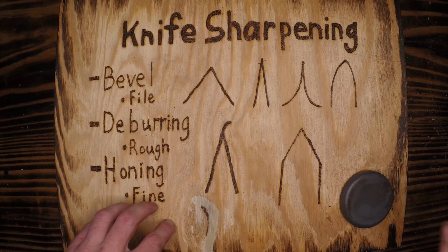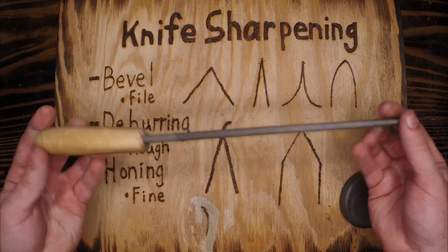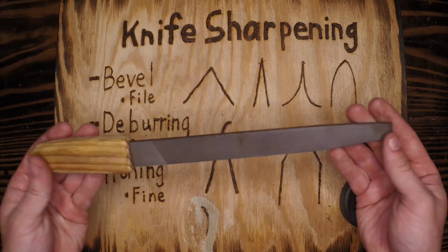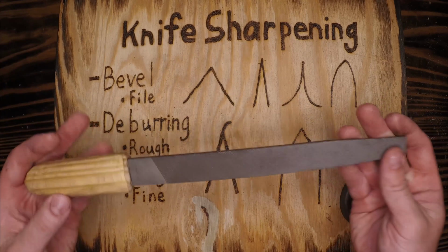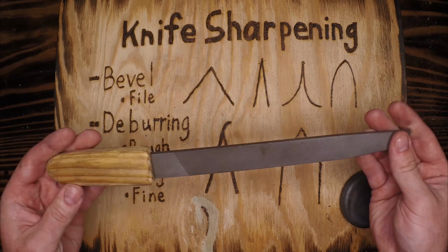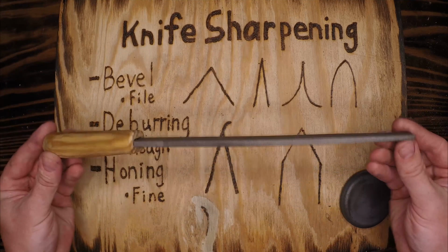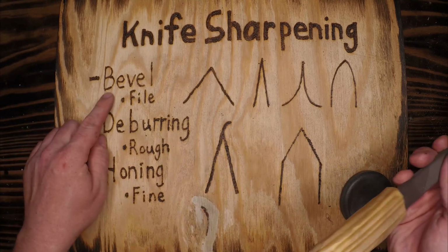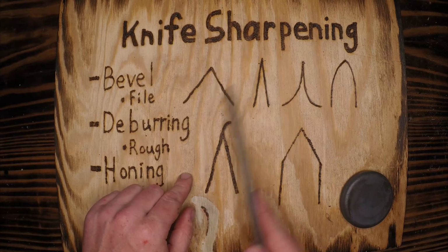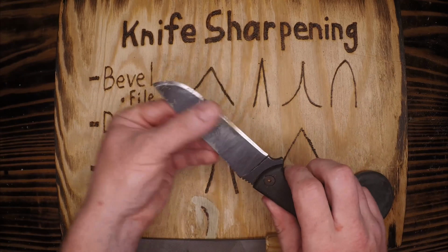All right. I do not carry a file out in the field. I do not bring one of these with me unless I'm going to be doing extensive axe work or if I'm using a draw knife on logs, the kind of thing where this is really going to be necessary. I usually just carry the whetstone. This is because the file is meant for setting the bevel. The bevel is the angle in which the tip of the knife meets, and the drawings here, these representations, they've